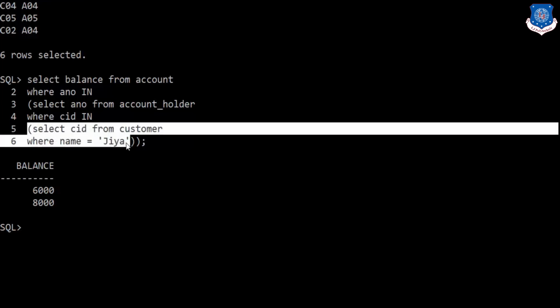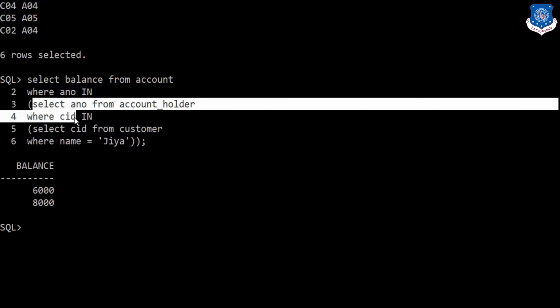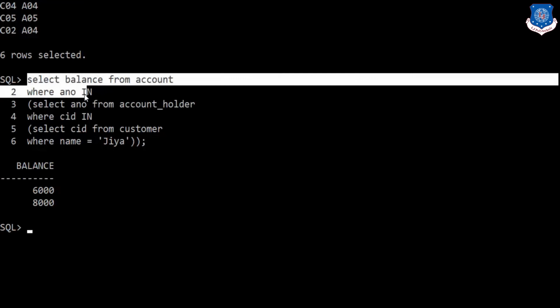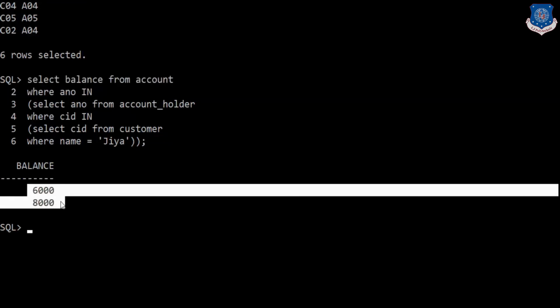The result is used to find out account number associated with Jia from the account holder table. And finally, the outer query finds out balance for all those accounts which belong to Jia. As Jia owns two accounts A02 and A04, the output shows two different balances associated with two accounts.